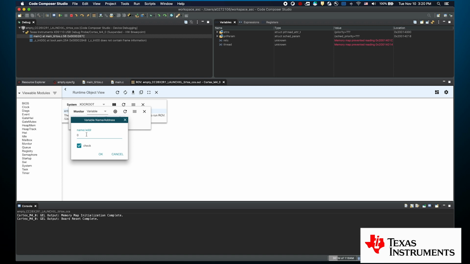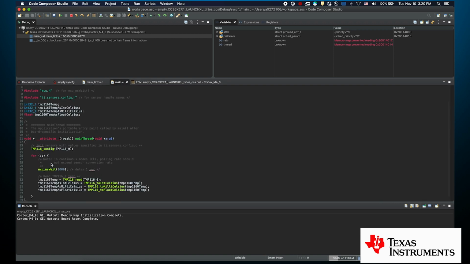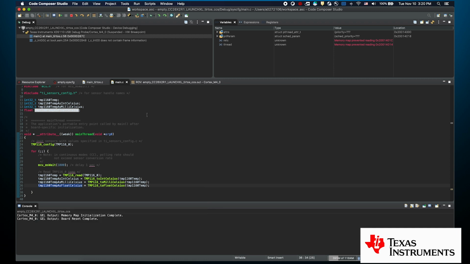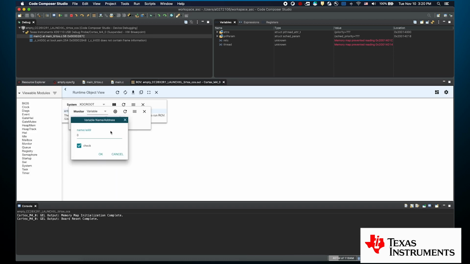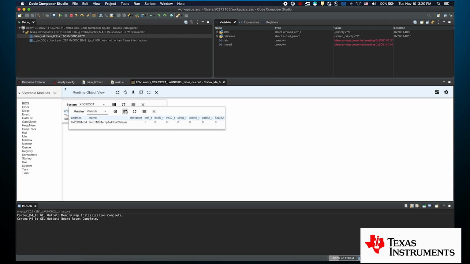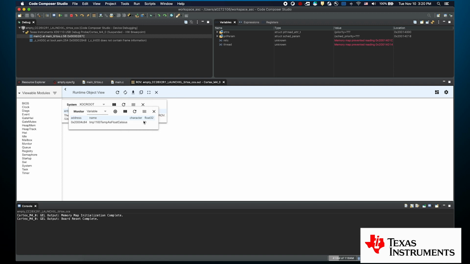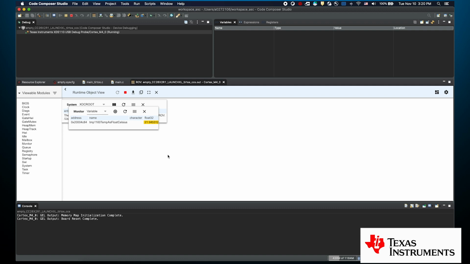So what I'm going to do is grab this variable called temp as float Celsius, and so that's just a variable that's going to get updated once per second with the temperature it reads as a Celsius float. And so I'll add that in here. And then the only value I'm interested in is the float, and so I'll do that. And next what I can do is turn on refresh, run my code, and you can see that it's reading out once a second the temperature value.